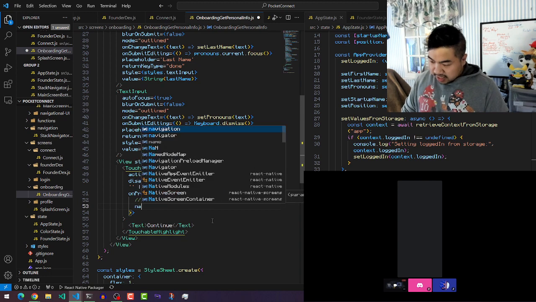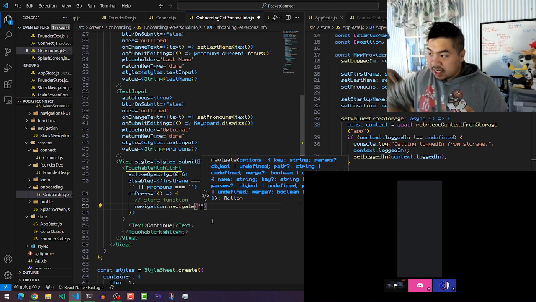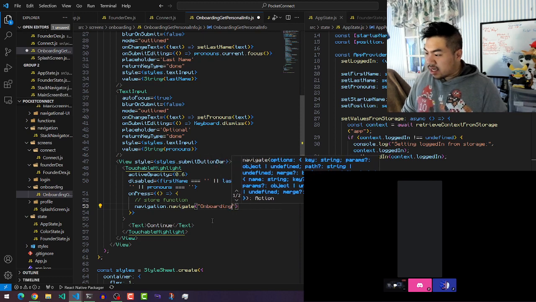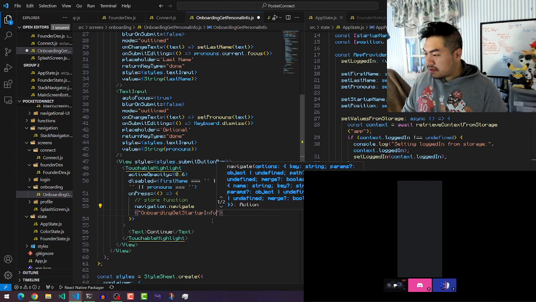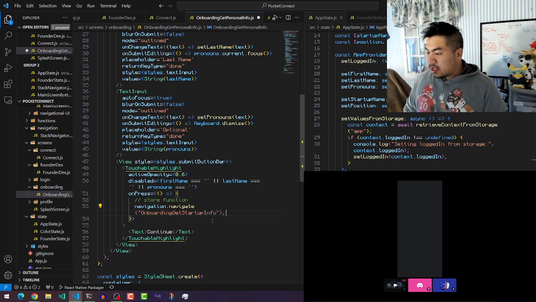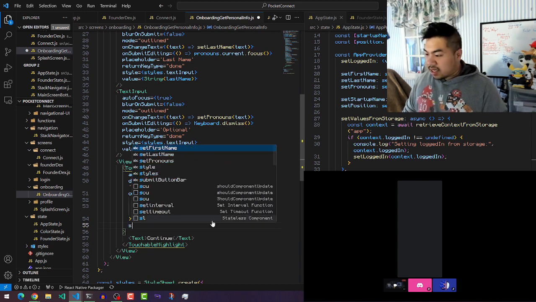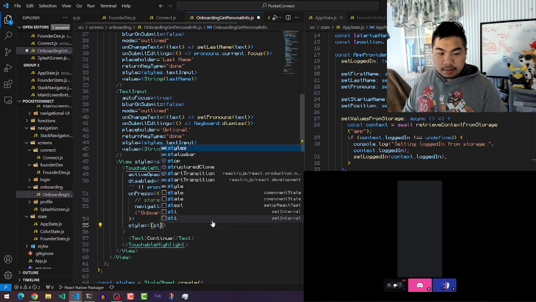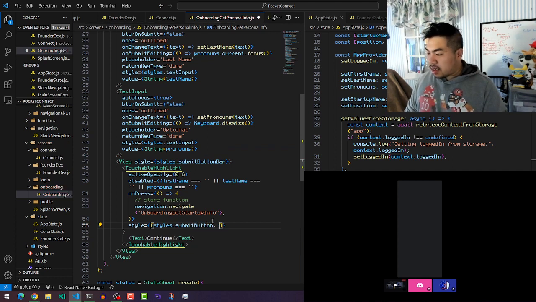Not going to care about that now. Navigation dot navigate to the next one, which will be onboarding get startup info. Under style submit button, comma,